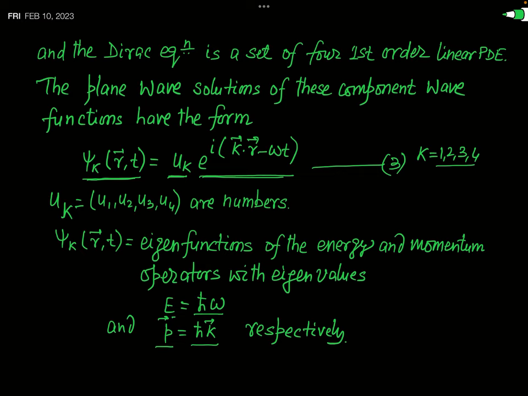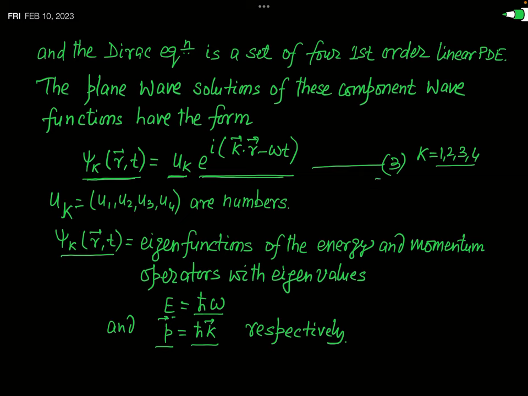Momentum is equal to h bar k. These are the eigenvalues of the energy operator and the momentum operator, and these four psi are actually the eigenfunctions of the energy and momentum operators. Now, when you substitute